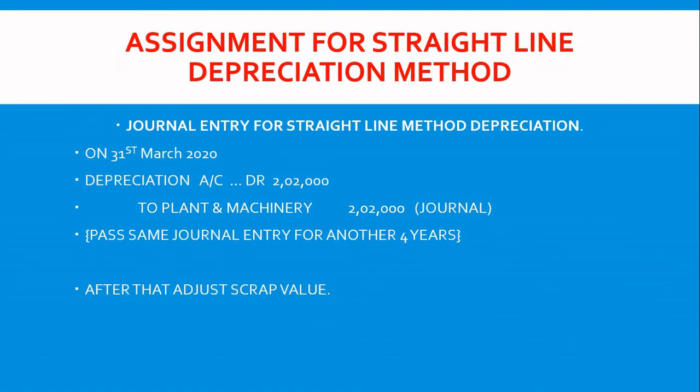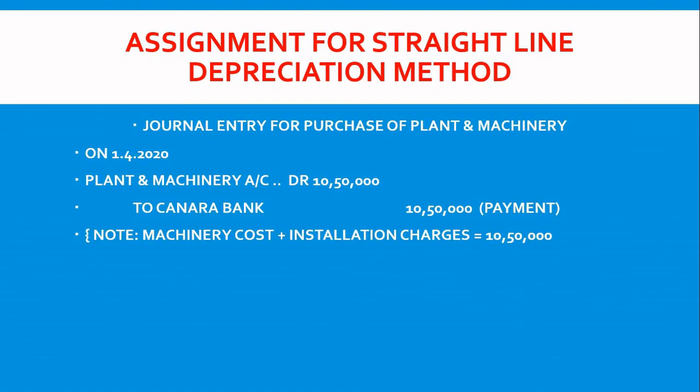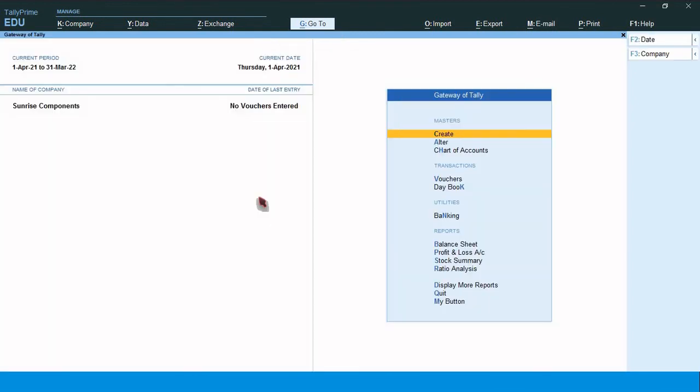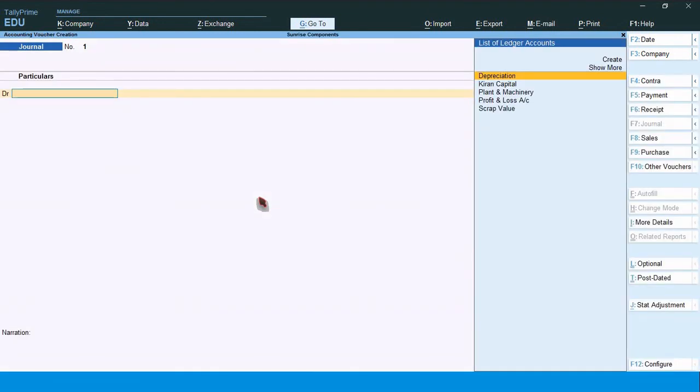Okay, so come to the first entry, purchase of plant and machinery. Before making the purchase of plant and machinery entry, we need to pass one receipt entry, capital introduced by proprietor.